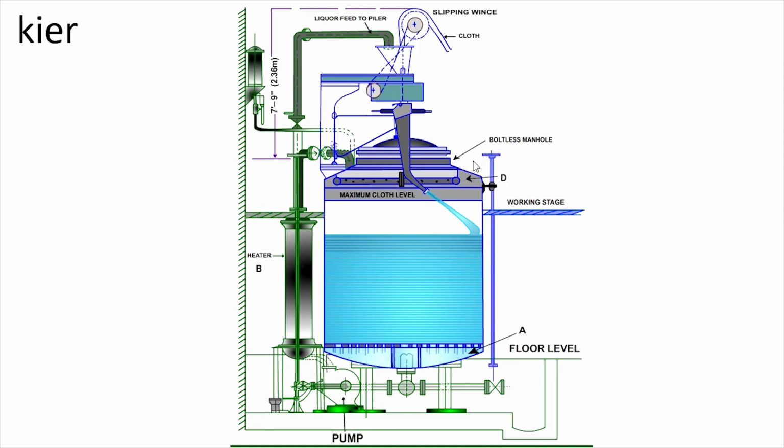There is an opening of approximately 2 feet diameter to enter into the gear to load the gear or for some other purpose. Through it you can enter into the gear and load the fabric also. In the bottom there will be a perforated plate or a false bottom, and through it you have to load the fabrics in rope form.